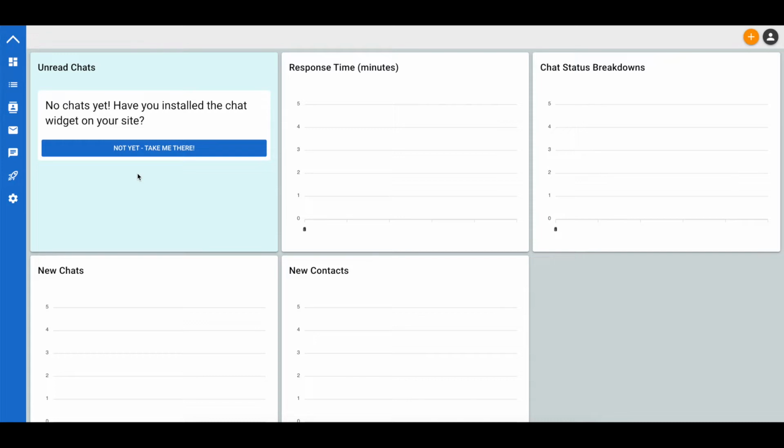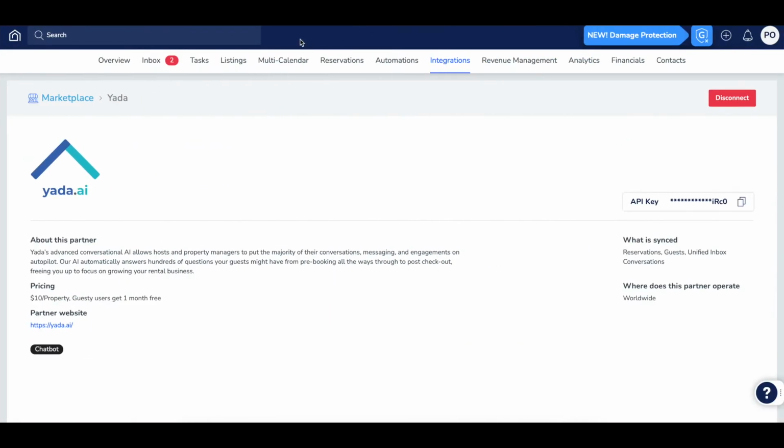So what you're going to want to do now is head over to your Guesty profile and in the integrations and marketplace page and search for Yada and copy over this API key. So Yada's connected or activated within Guesty right now for my account. If it's not for yours, you're just going to want to click that green connect button and get an